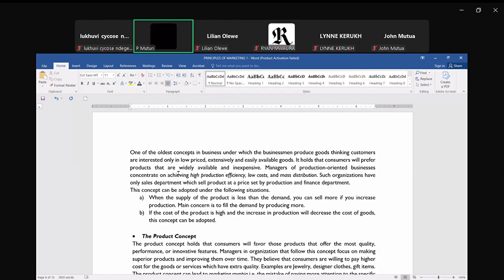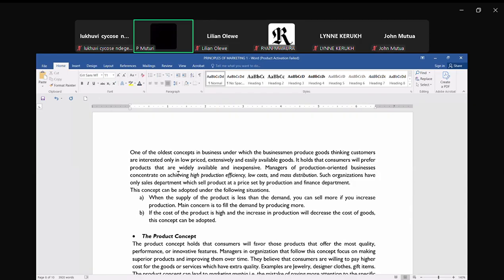In general terms, if you are producing whatever item, it will cost you the same to produce 1,000 as it would cost you maybe to produce 10,000 of the same, because the machine is running on the same frequency and power and taking in the same. So as you produce, high production efficiency is gained as you produce more products. But remember, not all products can be produced in mass. So this orientation mainly tends to favor basic products, relatively high in demand, that require mass production and mass distribution.